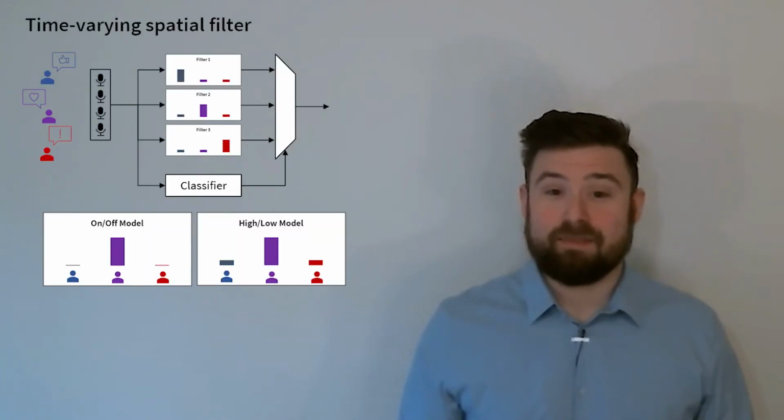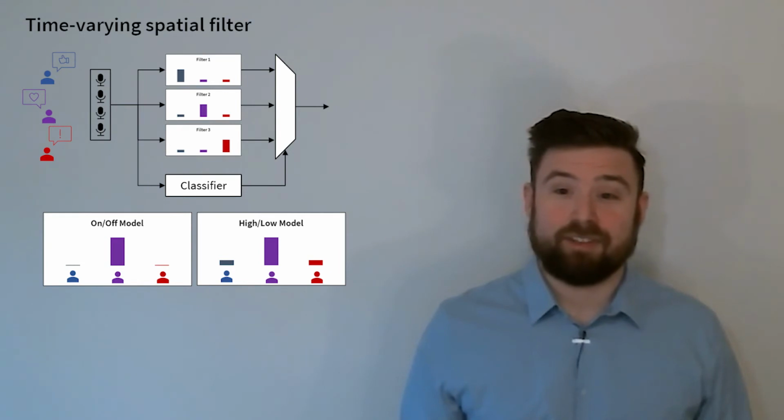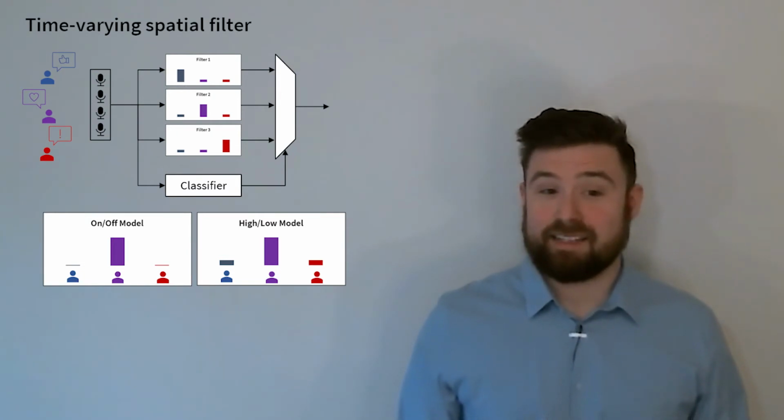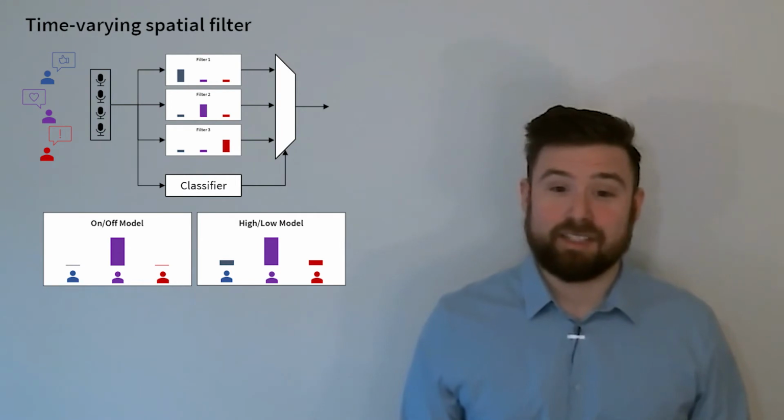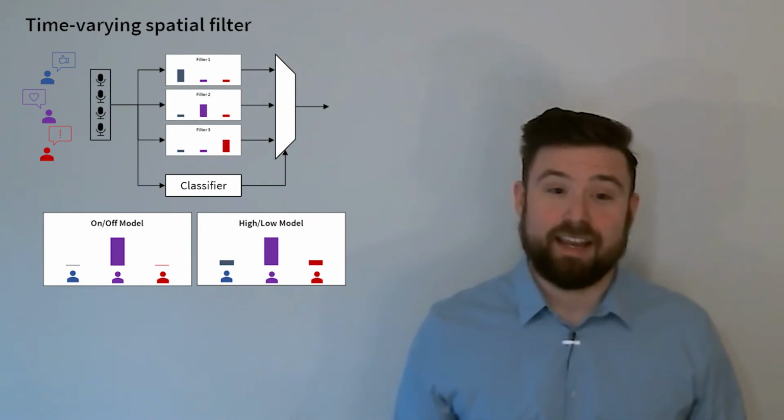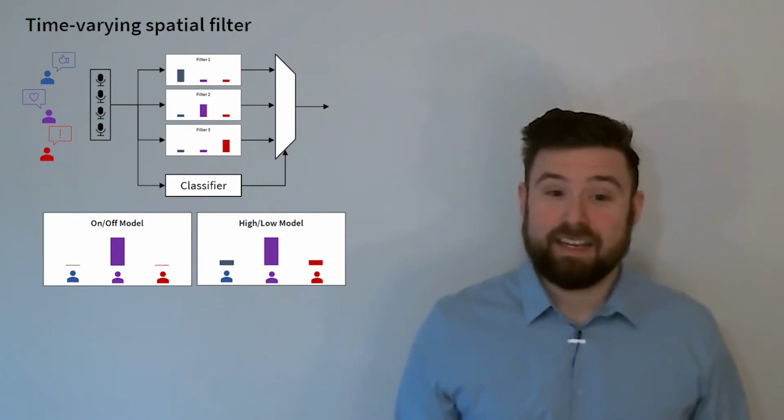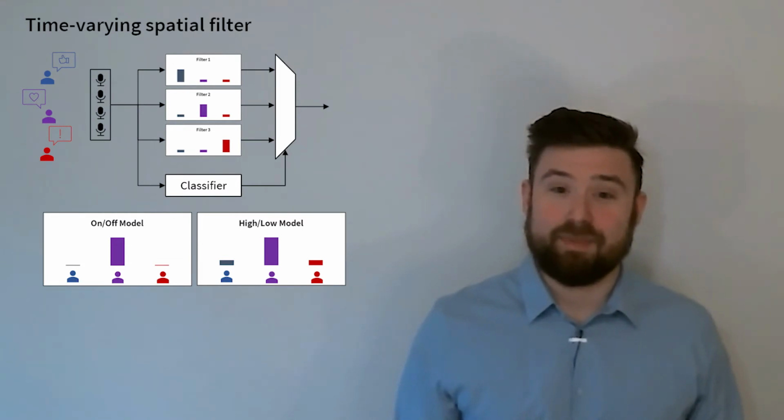In this paper, we combine them using a time-varying spatial filter. At each time and frequency, we choose one of a set of minimum mean square error filters depending on which source is strongest. But instead of the usual assumption that one source contributes 100% of the energy at each point, we assume that it contributes most of the energy. The inactive sources are still present, but weaker.